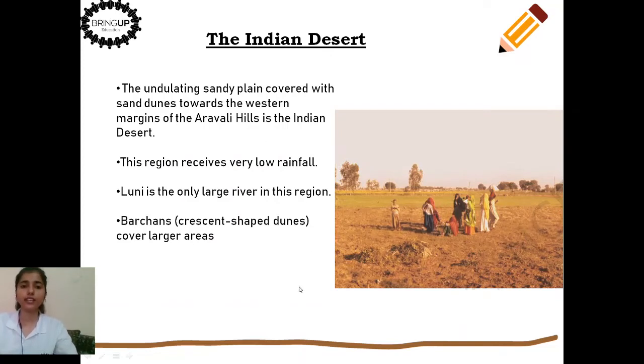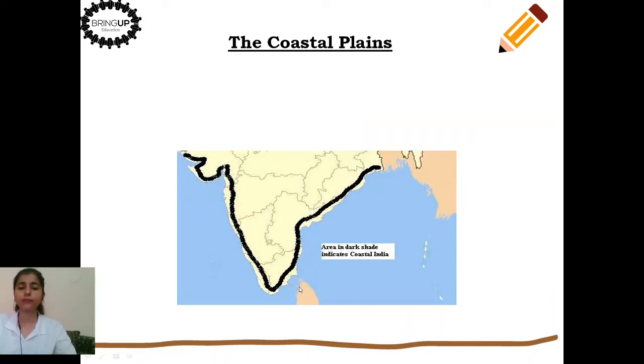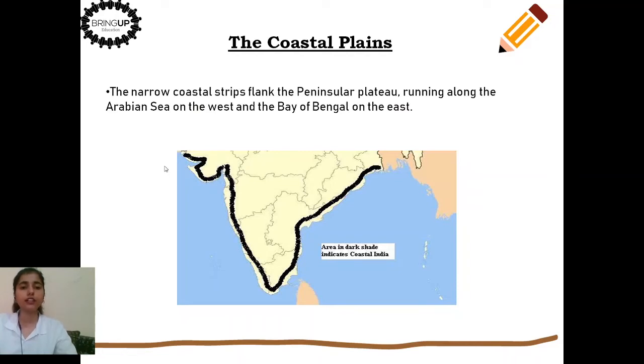Now moving on to the next, we have the coastal plain. First let's see the map given. The area in dark shade includes the coastal region. Now let's see the definition. The narrow coastal strips flank the Peninsular Plateau. You can see that the area in dark is a very narrow strip running along the coast, and we all know that this triangular landmass is the Peninsular Plateau. So the narrow coastal strip found on either side of the Peninsular Plateau is the coastal plain,